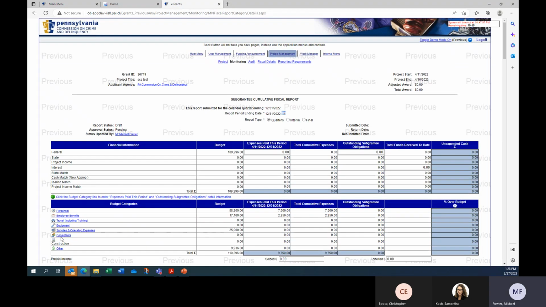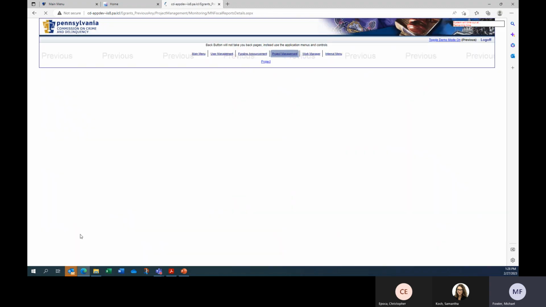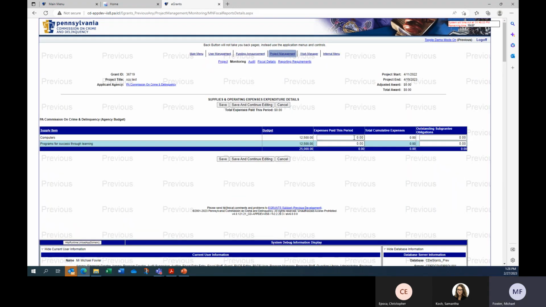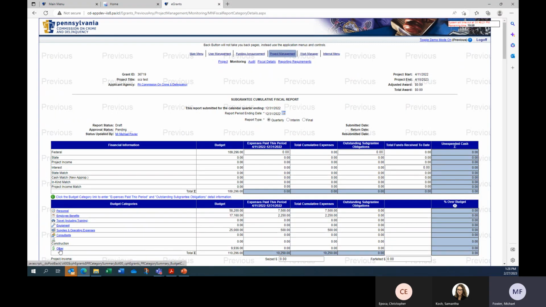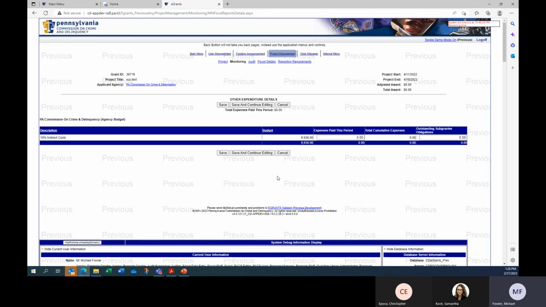And then we had supplies, which we're going to enter in. It was $500 for programs, I'm sorry. And then we had other costs, indirect costs, which were $1,125.